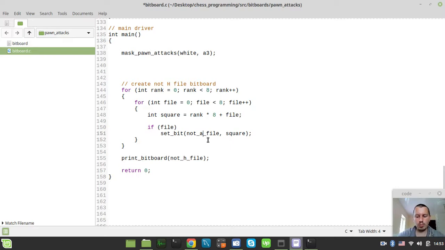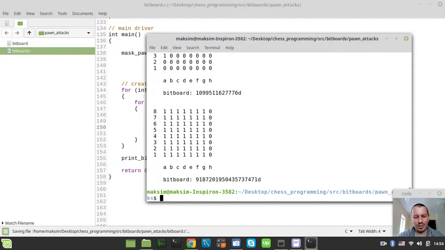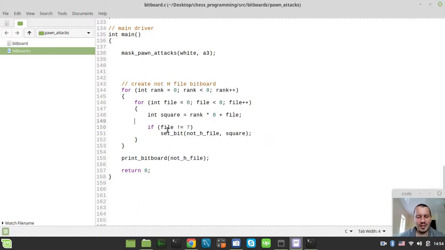So now we need to set bit to not H file and square, and the condition would be a bit different. So if file is not equal to 7, yeah, so we do this every time when file is not equal to